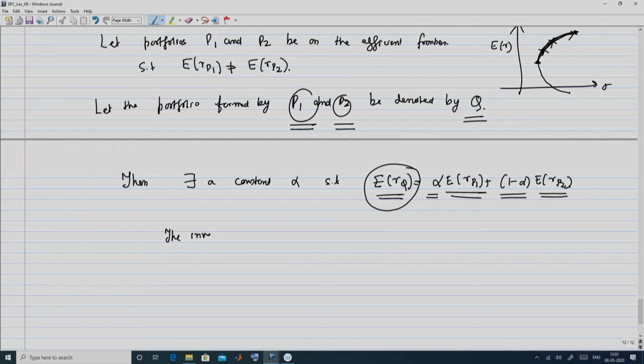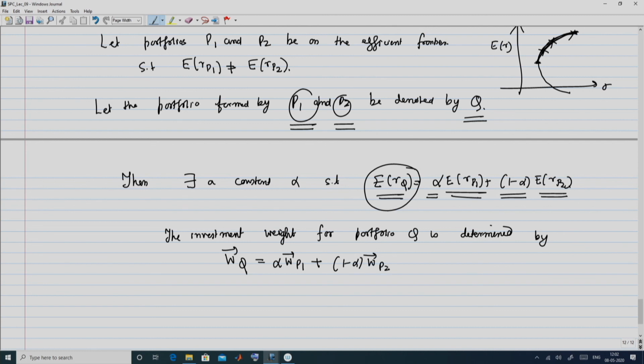So, accordingly, what is going to be this particular portfolio Q? When I say portfolio, I have to specify the weight. So, the investment weight for portfolio Q is determined by vector W Q is equal to alpha into vector W P 1, which is the portfolio P 1, and 1 minus alpha W P 2. Now, since we began with P 1 and P 2 being on the efficient frontier,